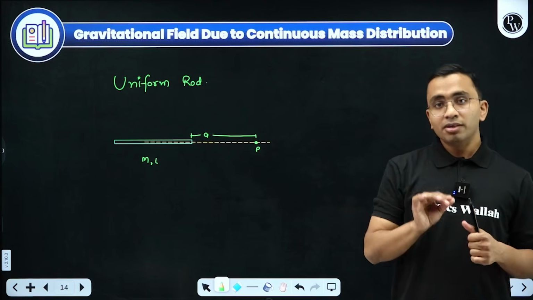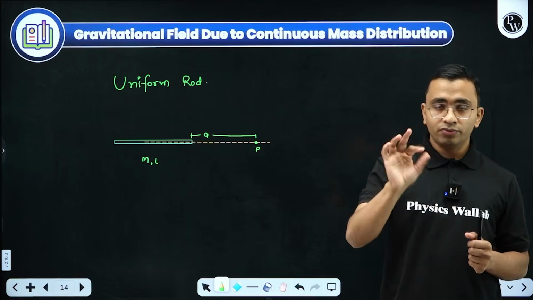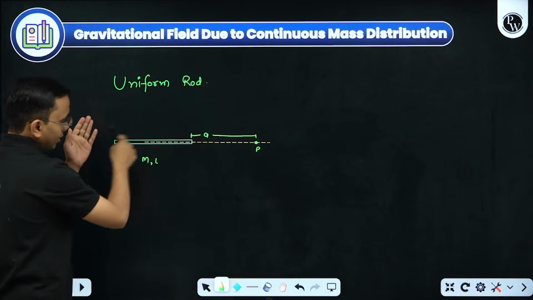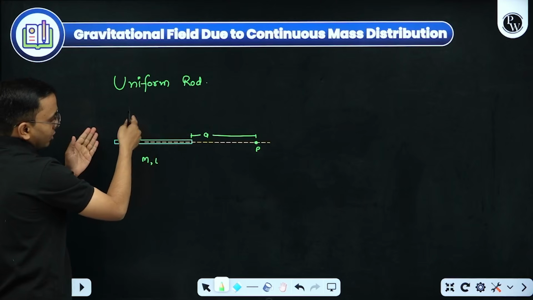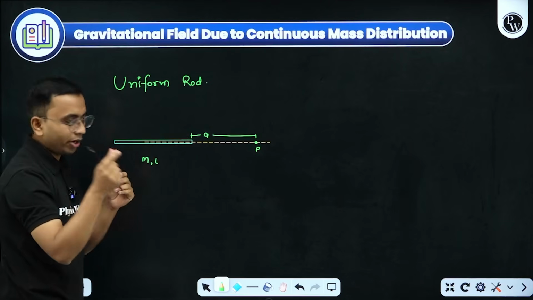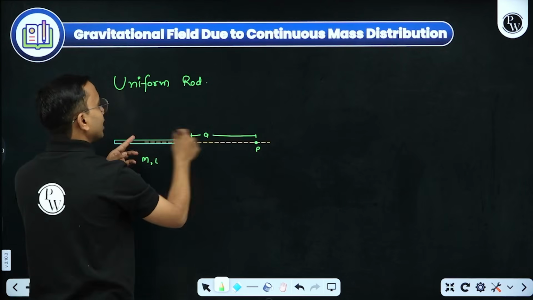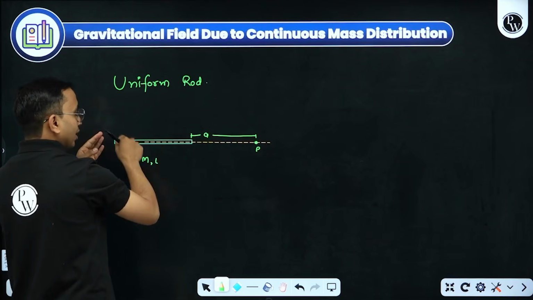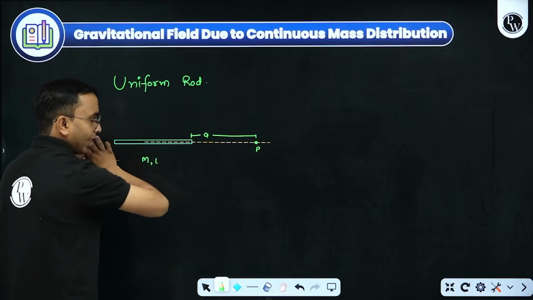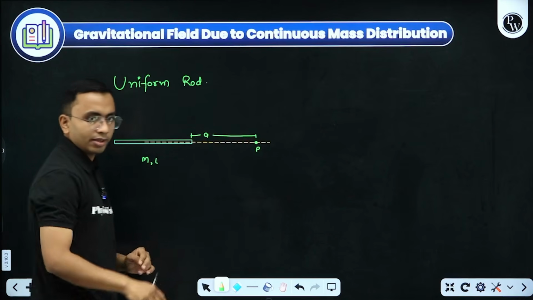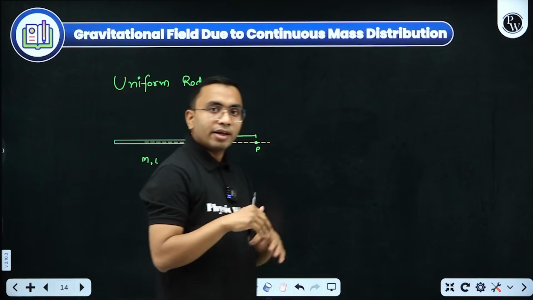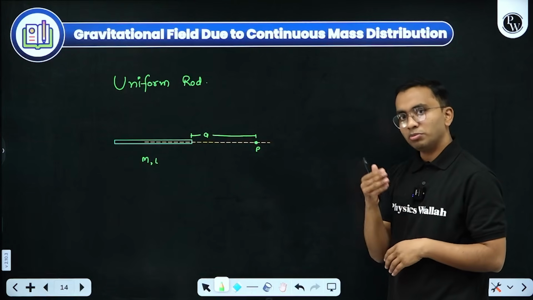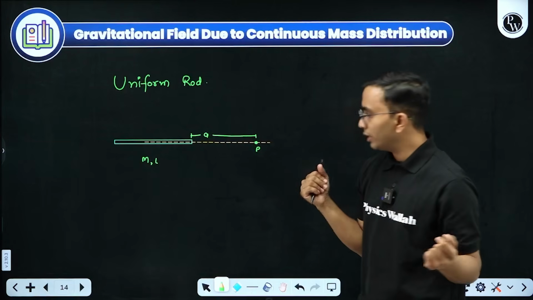So till now I know how to find the gravitational field due to one point mass. So what I will do, I'll make this rod made up of several point masses. One of the point masses I'll take, find the field due to that, another point mass, find the field due to that, and in the same way add them to find the resultant field. This is a continuous summation, and continuous summation means integration. So I need to do integration.